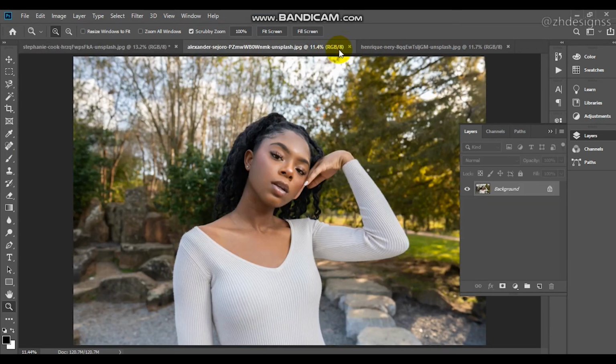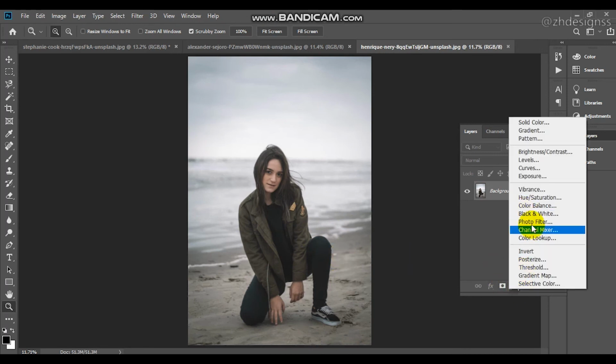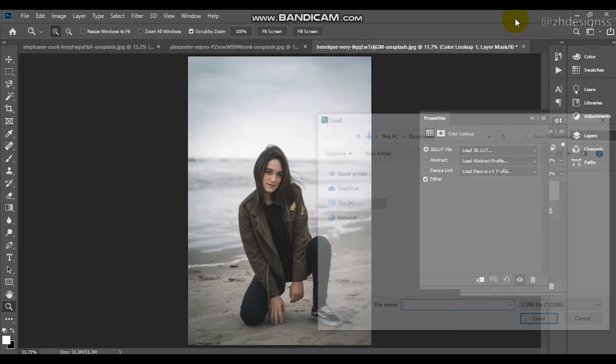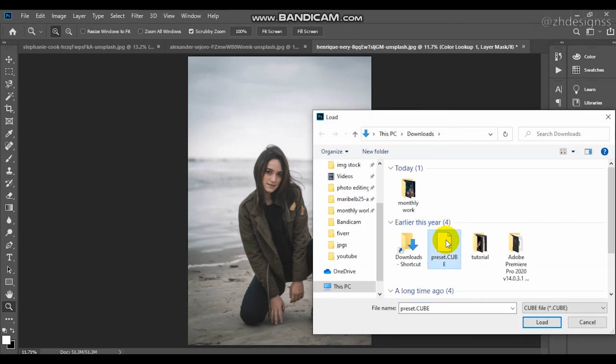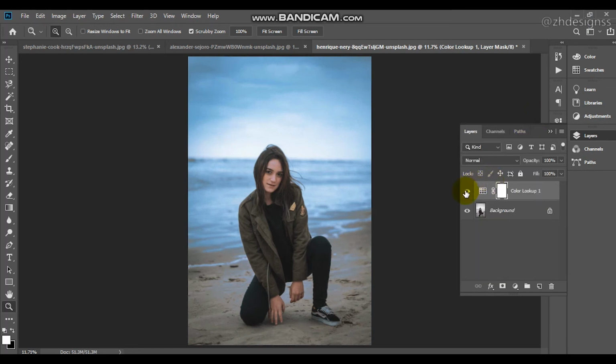Now we will check how you can apply your saved preset in Photoshop. Here I have opened different images on which we are going to check our effect. I would like to first use it over here. You just need to go to color lookup from here, click on load 3D LUT, and simply place where it is and use your preset. Oh my god, here you can see that it has just given life to your image. Here is the before and here is the after, which is looking much better.